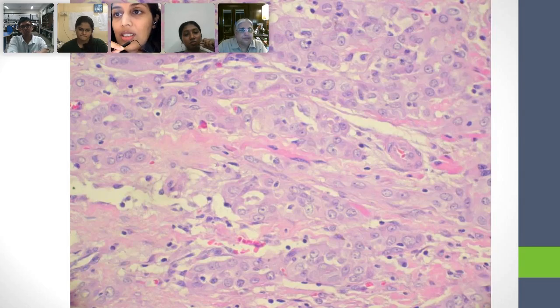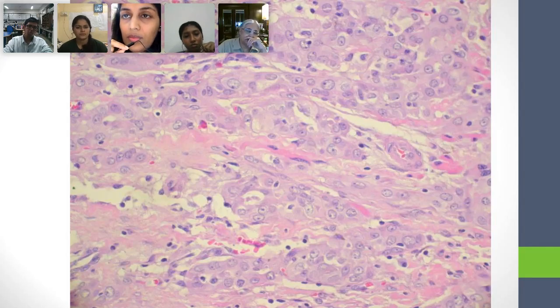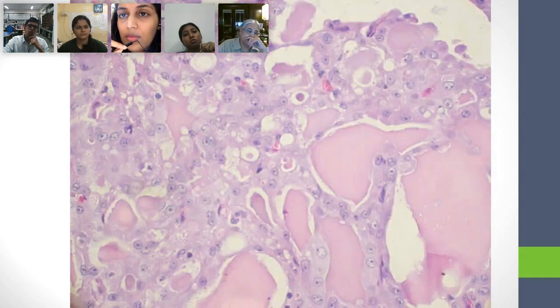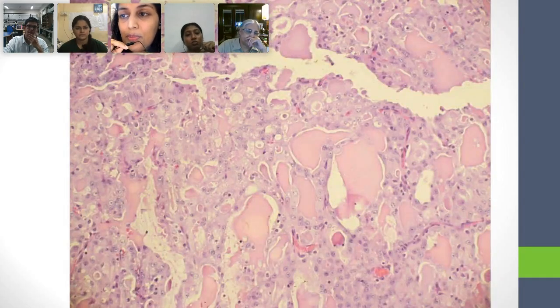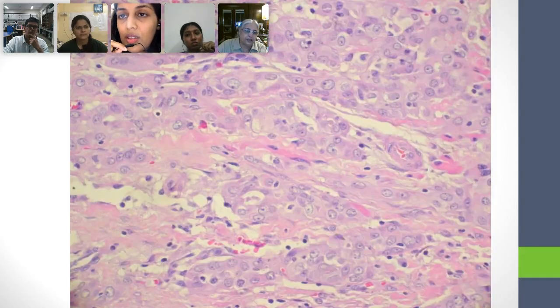Here, what do you see? Here, ma'am, I feel the cells are taking a sort of sheet-like appearance, or some look like cords also. All right. And again, the cytoplasm is eosinophilic, moderate to abundant in quantity. There are these small lumina present. Some of them must be the vacuoles in the cytoplasm. Actually, the cytoplasm both here and in the previous one is not very pink, it's more amphophilic, right? Pale, varying from pink to eosinophilic to amphophilic.